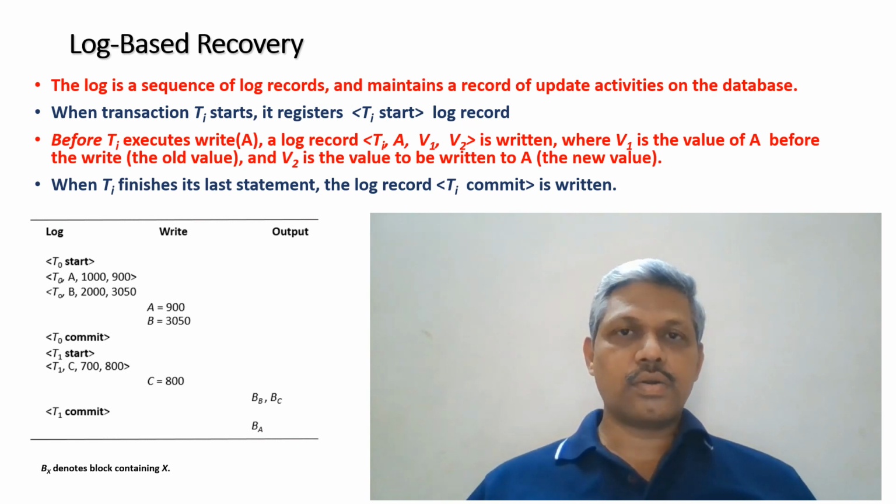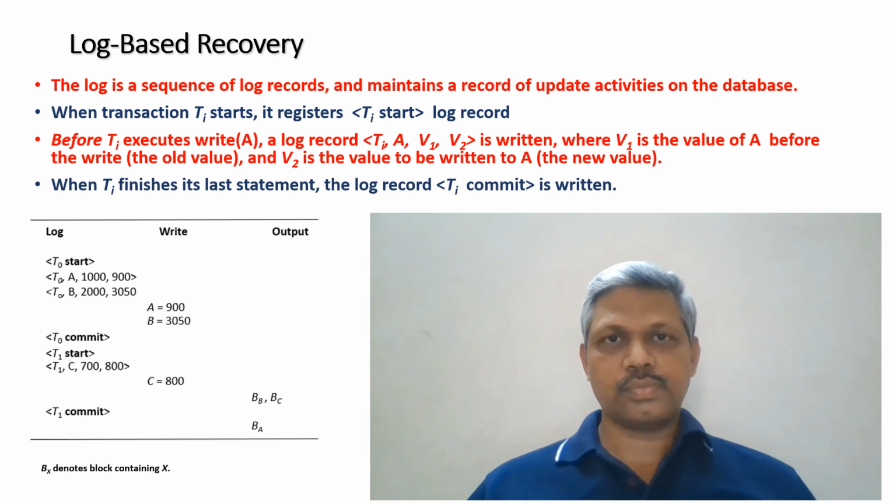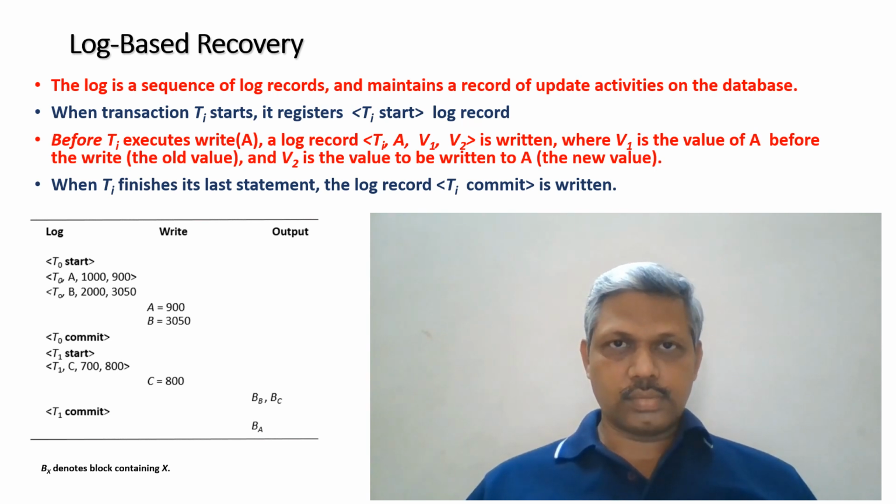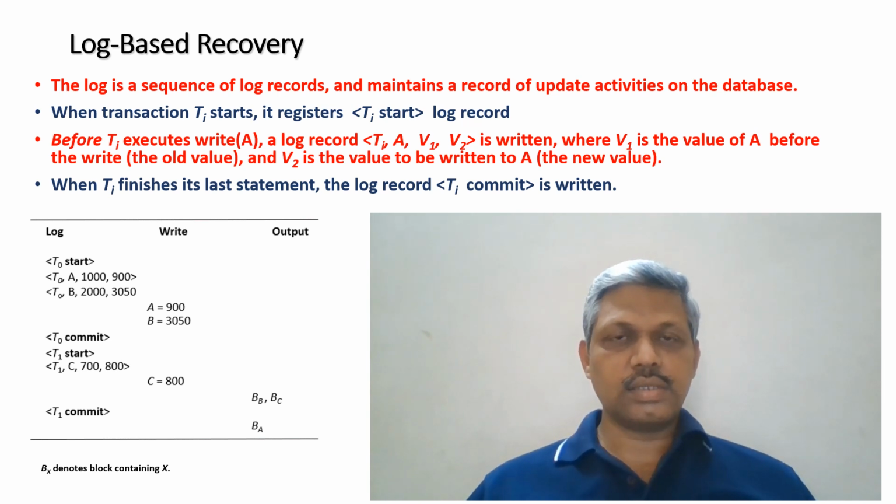Second one is where they have to be stored and when they have to be stored. Where they have to be stored. The log records are to be stored in a permanent memory, so that even if there is a crash at one location, we should be able to recover only if these log records are available. So these log records are to be stored on the permanent storage or stable storage. And the third thing is when these log records are to be written.